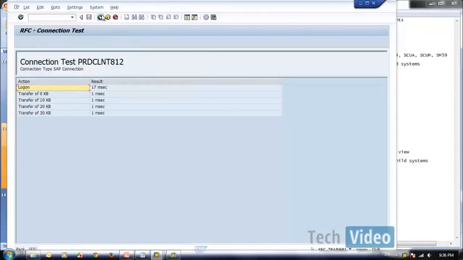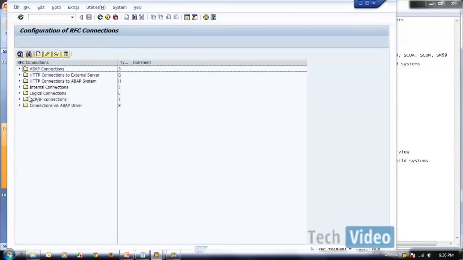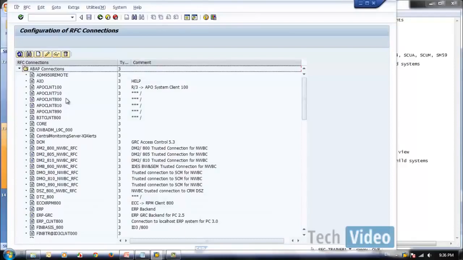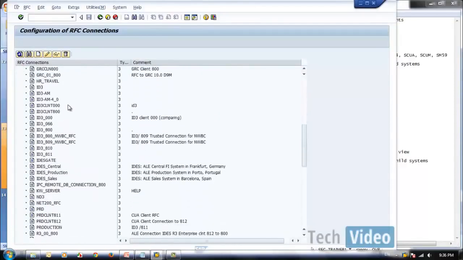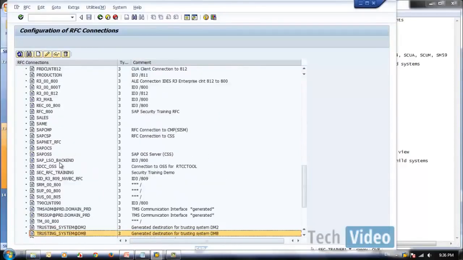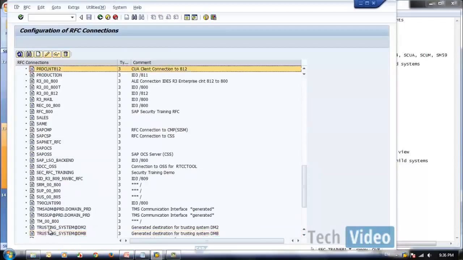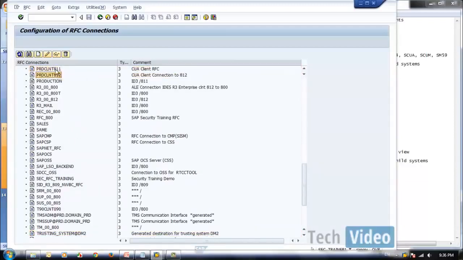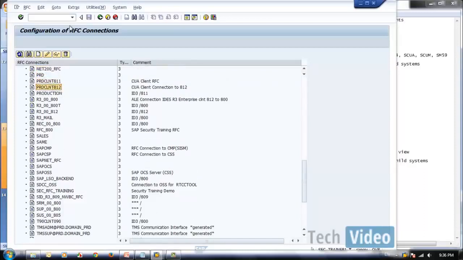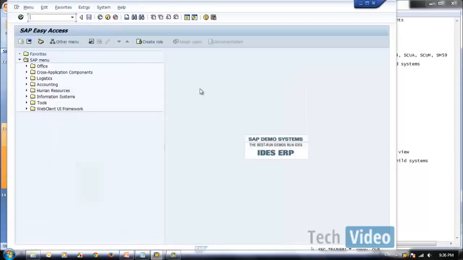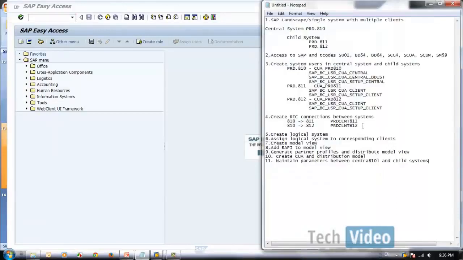Okay, this also working. If you go to the ABAP connection, here our both the RFCs are here. Okay, now what we need is, we need one RFC back.